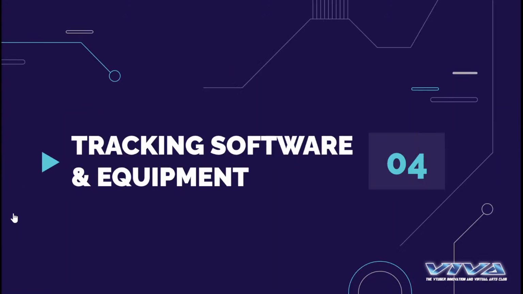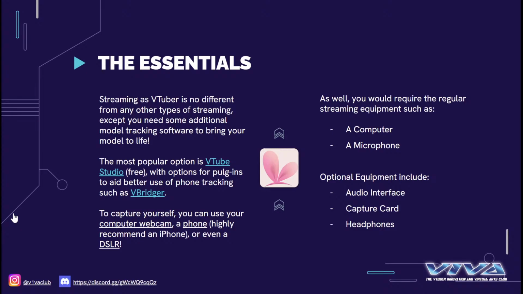Okay, cool. Next, we're going to move on to tracking software and equipment. This is basically just an overview. Again, some of this might be repeated, but just what you need in terms of the essentials and any other supplementary things. So again, the most popular model tracking software is VTube Studio. So we highly recommend using that. It's very compatible with a bunch of things. I will say,